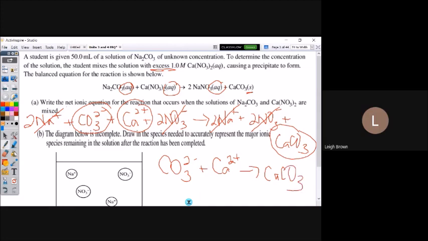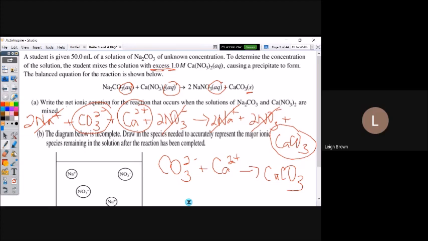Now, unfortunately, what causes students not to get credit is they forgot to write a charge on an ion. This one works out, it's very lovely that we don't have to actually add any coefficients to balance the net ionic. It is balanced as it is. That could be an issue.